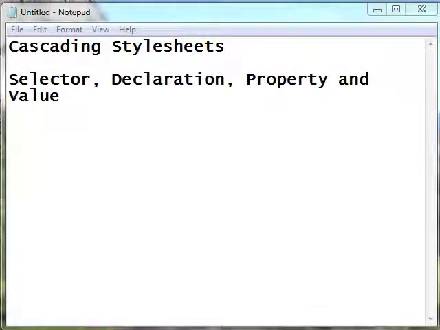Okay, this video is going to have a little bit more lecture and a little less examples as I try to give you an overview of cascading style sheets. Cascading style sheets, you'll see it abbreviated as CSS all the time, was developed after HTML. And the concept was to separate the design or the look of the document apart from the structure of the